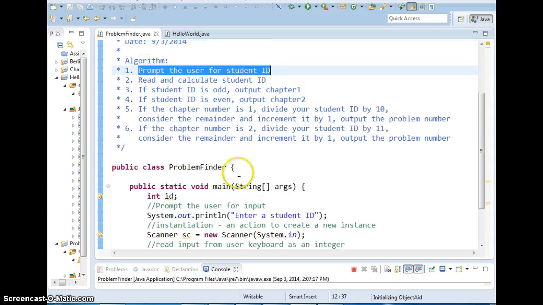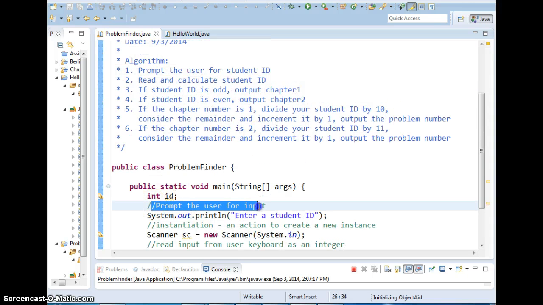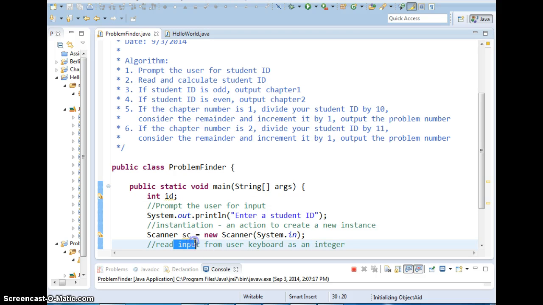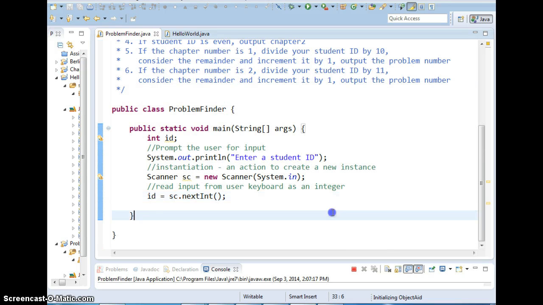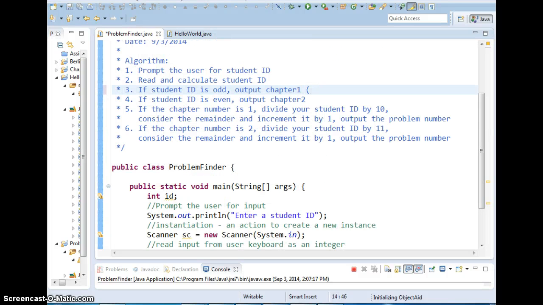Prompt the user for student ID. Did I do that? Prompt for student ID, I read in. I prompt and I read. This is a read in. So what I need to do next is to calculate, right? According to this. Okay, so we said if. Now, today we want, so we said we're going to do student ID